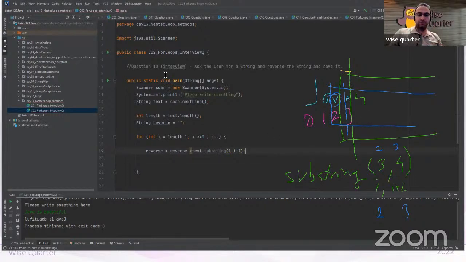First A will come here. This part will be A. And at first, reverse had nothing. So nothing plus A, reverse will be A. In the second one, the third letter will come, index 2. So it will be V. And reverse was A from the previous loop. When I add them, it will be